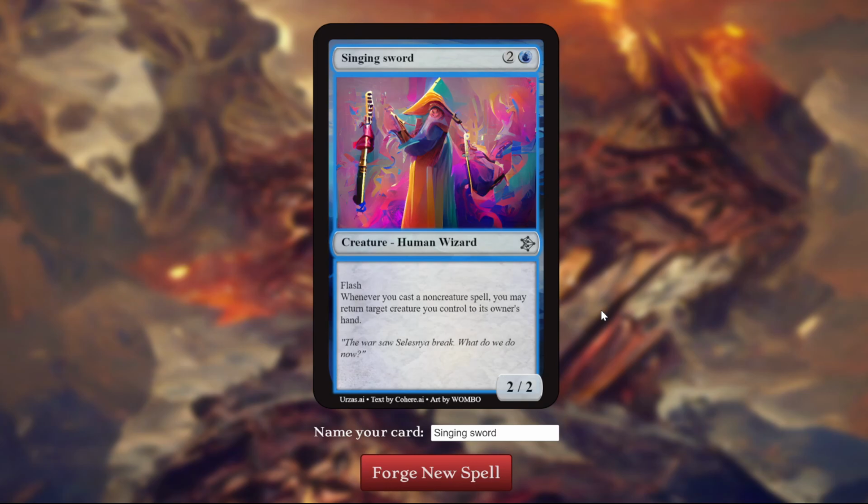3 mana 2/2 is a little understated, overcosted. The flash is fine, and actually kind of works really well with its other ability. So this is great in a bounce deck, right? Where you have a bunch of good enter the battlefield or leave the battlefield effects. And even in limited, it's fine because